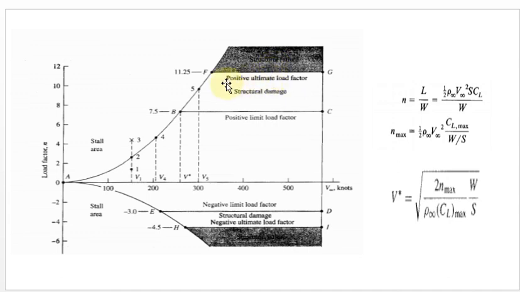So here the positive ultimate load factor is represented by the line F and G. In the same way, at the bottom, the negative ultimate load factor is represented by the line H and I. This is the interpretation we are going to use for reading this graph. So the curves are A B, B C, C D, E D, A E, similarly F G and H I. You have to remember these points, because the whole explanation depends upon the curve points. Okay, so we will go to the next slide.